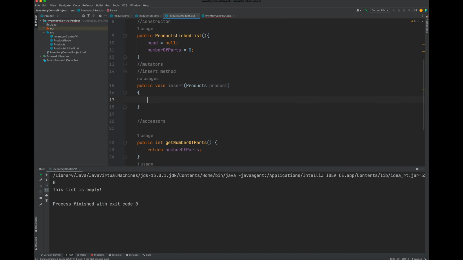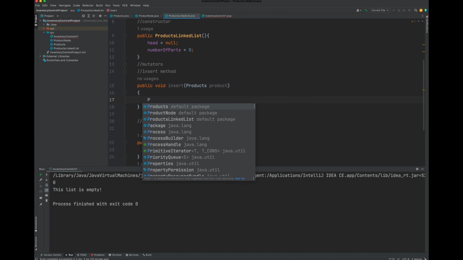And once we have that node, we need to link it. Okay, so those are the steps you need to take. So this is done on the fly. You create a node at runtime. When the program is running, this node gets created. So product node,